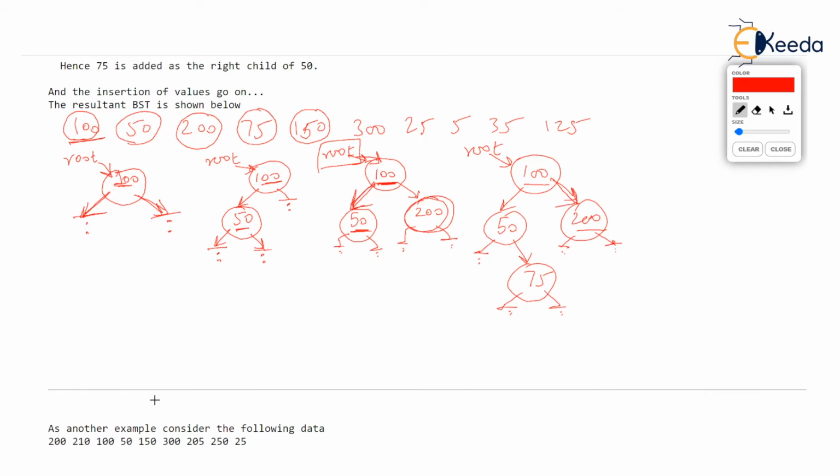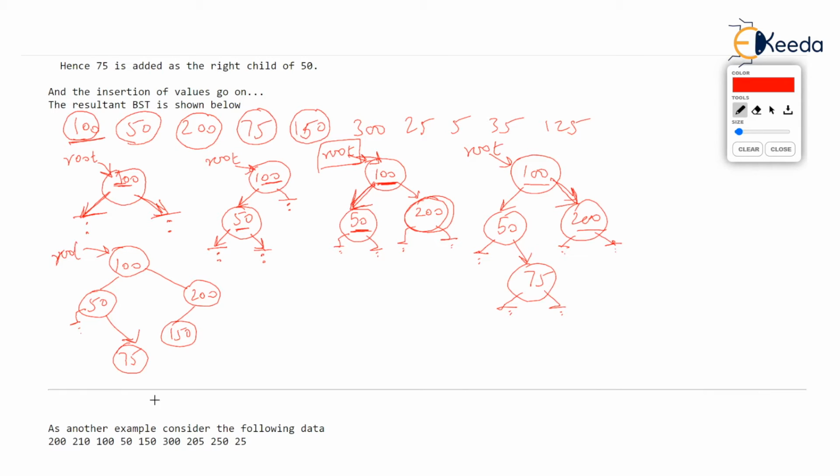Yes, everyone. So now I will draw this as follows. 100, left of 100 was 50, right of 50 is 75, and right of 100 was 200, but left of 200 is now 150. Other pointers, whichever I have not shown over here, are null. So you can imagine left of 50 is null, although I am not showing it. Or left and right of 75 is null. I am not showing all the null pointers. And 100 is where root points.